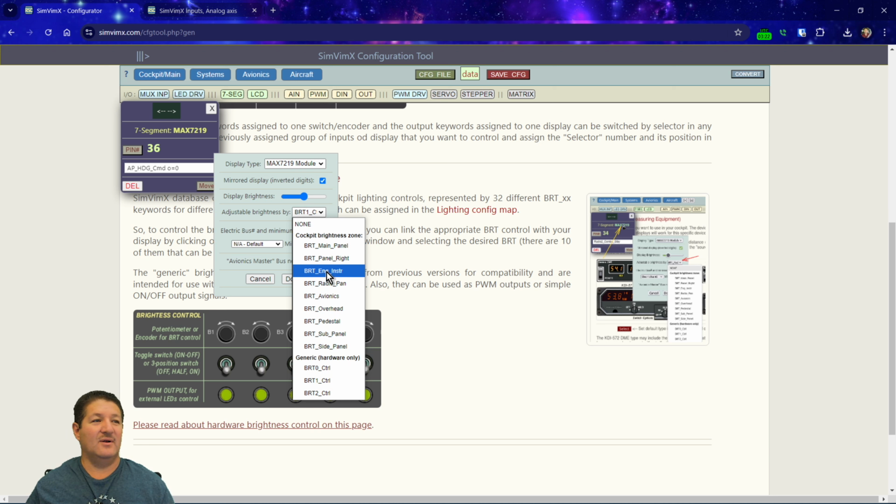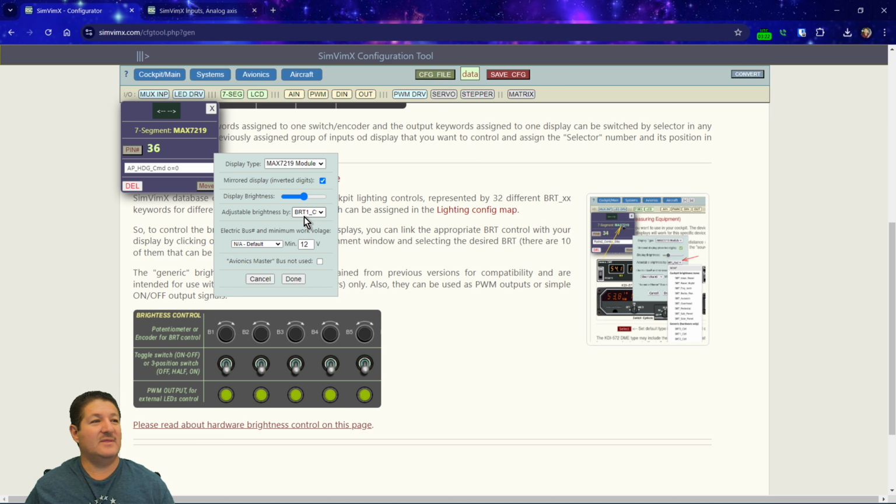So I've tried all of these, and whether I set it to a hardware potentiometer or not, it doesn't affect the brightness of the displays. So we're only going to be talking about physical generic hardware only brightness controls, okay? And like I said, this brightness 0, it doesn't work. So we're only going to play with 1 and 2. All right, so we put brightness 1 right there,